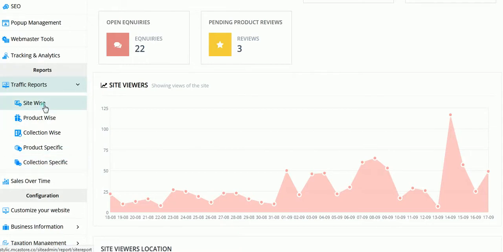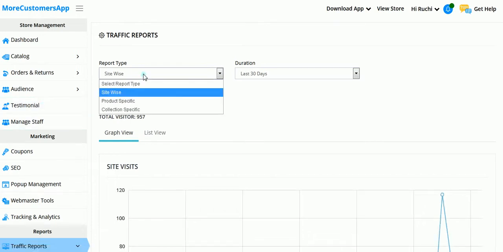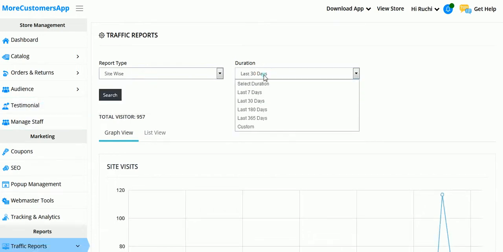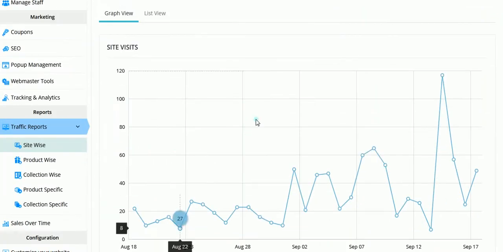So now we will check one by one. We will go to site wise first. After clicking here, you can see the report will open according to the site wise. Okay, here we have site wise. Now you can select the duration from here and just search over here. Suppose if I want the report of 30 days, I can mention the duration and accordingly I can search